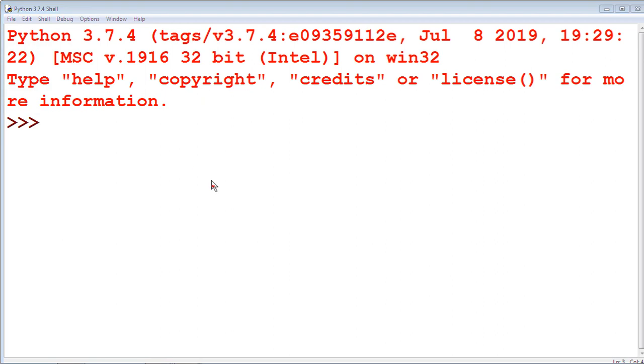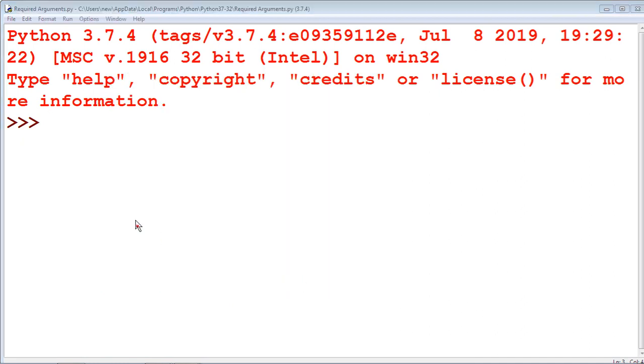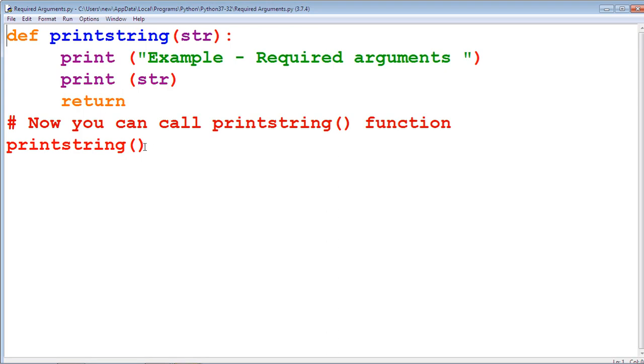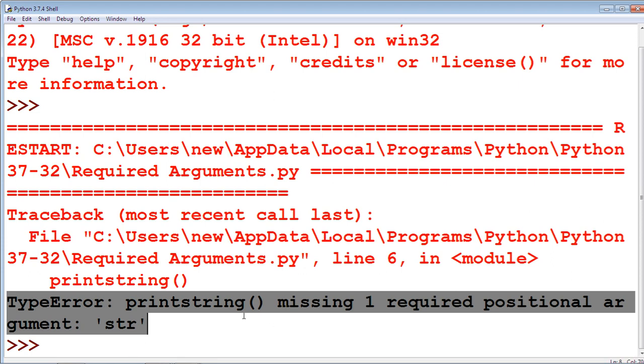File, open, required arguments. Here in the calling section no parameters are given, but in the function definition statement there is one argument. This is the error. Now we can see this by running the program. Here a type error is given: missing one required positional argument.